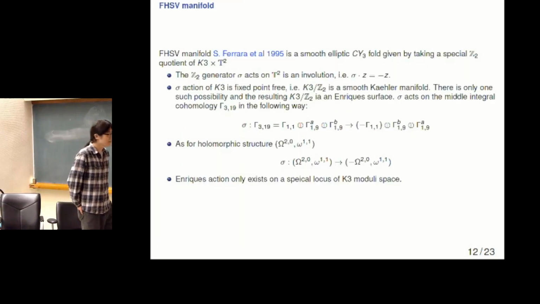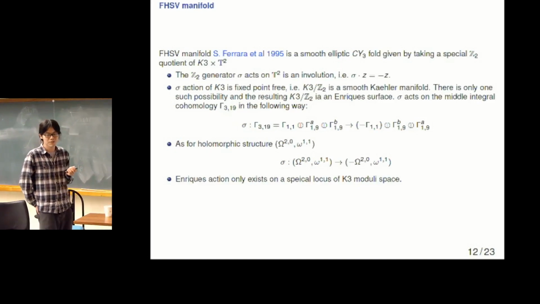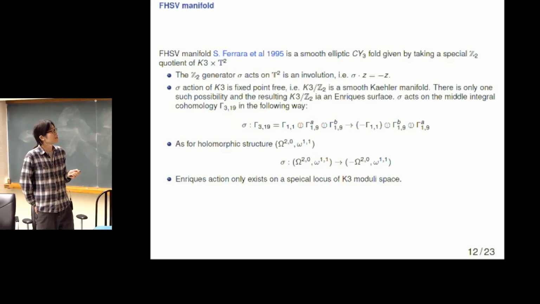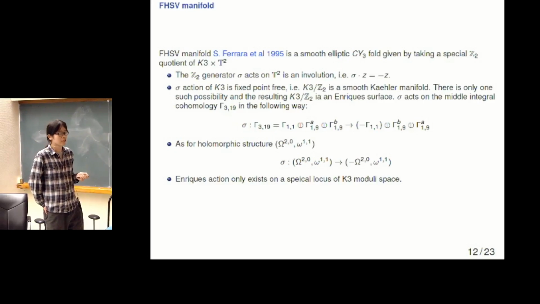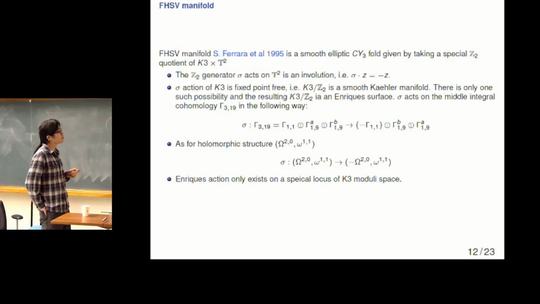Okay, now we go to the FHSV. FHSV is a manifold first introduced into physics literature by Ferrara, Harvey, Strominger, and Vafa, and it is a small elliptic Calabi-Yau threefold given by taking a special Z2 quotient of K3 times T2. And the Z2 acts on the T2 as an involution, and it acts on K3 fixed point free, and it